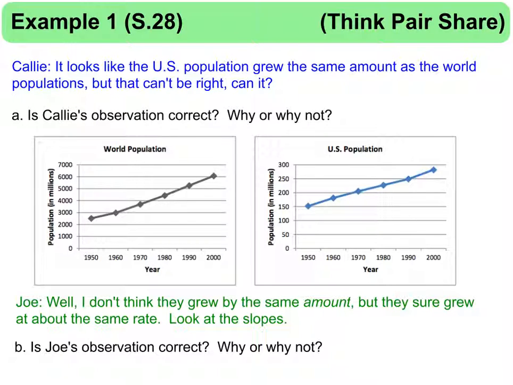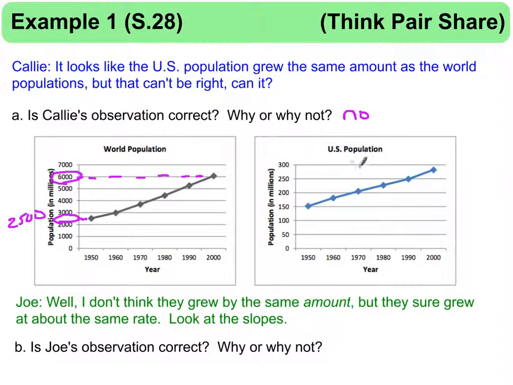So we come up with the question, is Callie's observation correct? Why or why not? And then the same thing we'll ask again, is Joe's observation correct? Why or why not? So when we look at it, in simple terms, is Callie's observation correct? We would want to say no, Callie's observation is not correct. And the reason being, keeping it simple, if we look at just going across here, this is 6,000, and if we look at the bottom of this line, that's roughly in between here, so that's roughly 2,500,